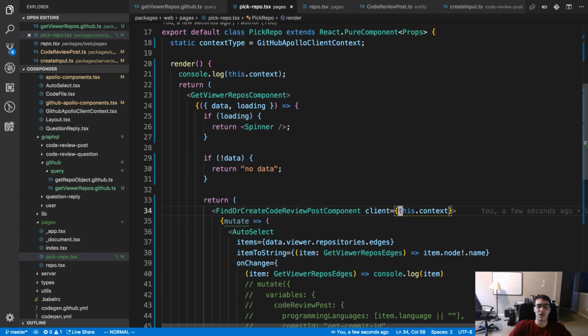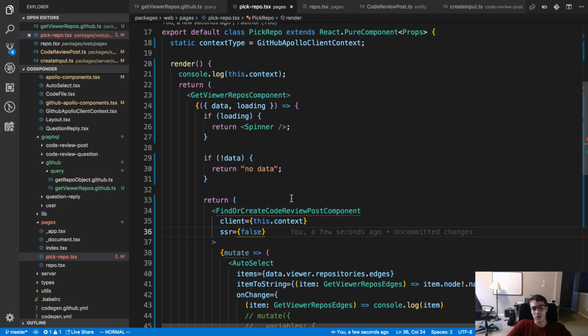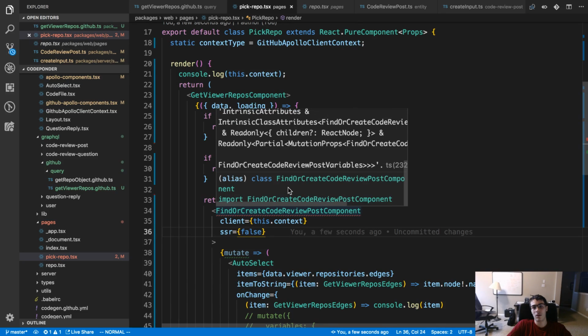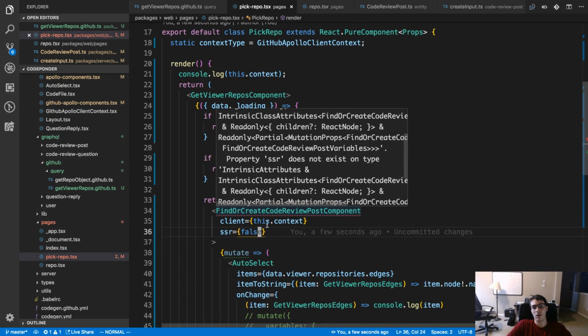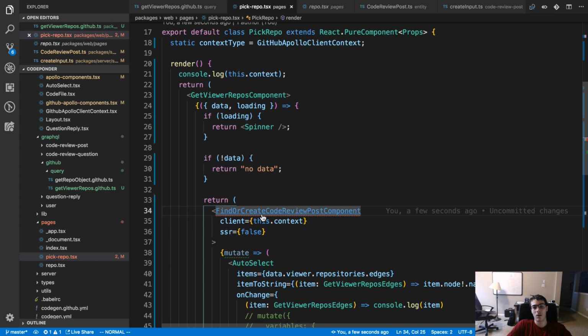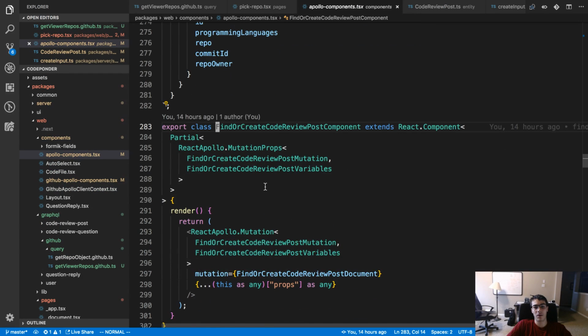I think if we turn server-side rendering off, it'll work. See if there's something wrong with this.